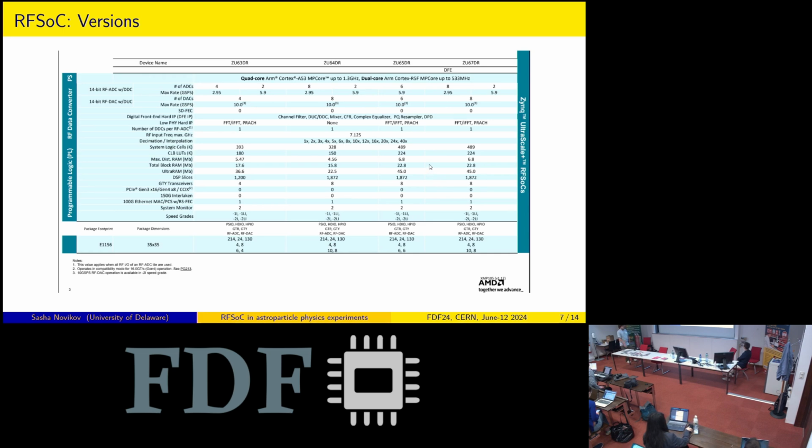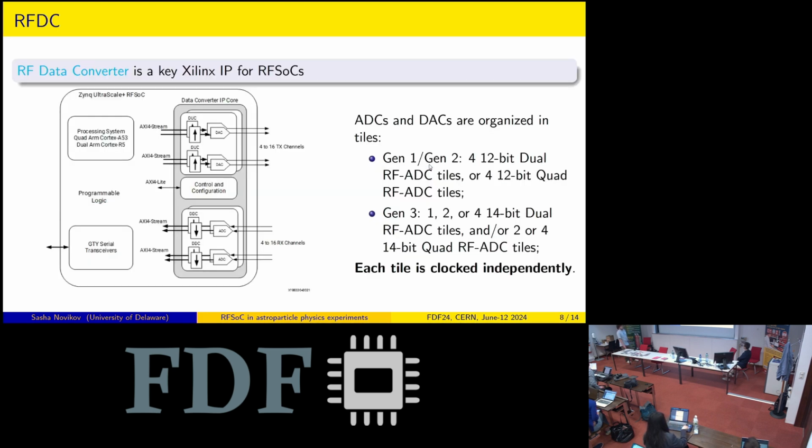All right, and the main IP provided by Xilinx, at least the main IP for us working with those devices, is this RF data converter. So I call it a key component for those systems. Here, just a diagram. So as I said, you have up to 16 transmitters and 16 receivers, and they are all organized in tiles. So depending on the generation, it could be either 4 tiles or for 4 ADC it will be 4 tiles, but the ADCs could be either 12 bits or 14 bits, and for DACs,